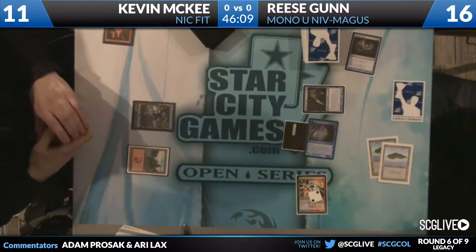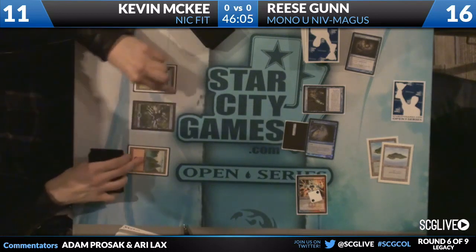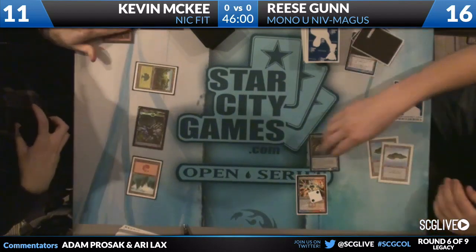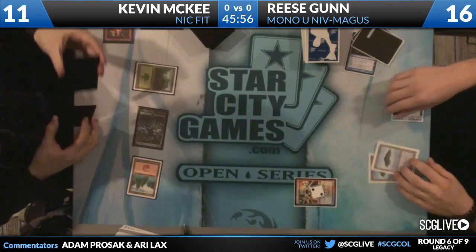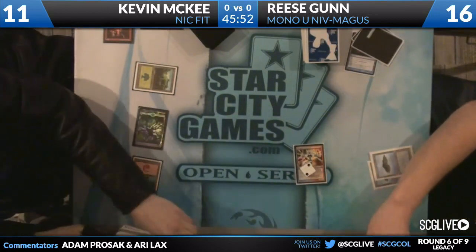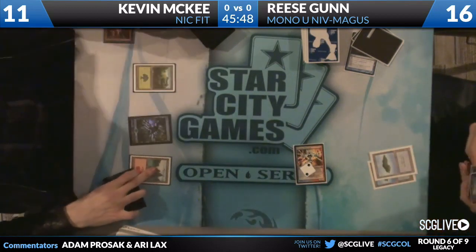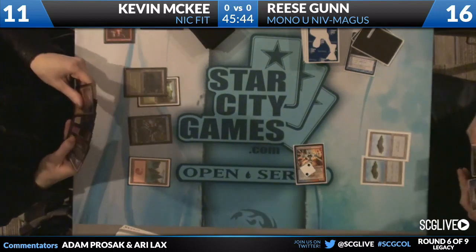So Reese has a Stifle in his hand. What kind of things are stifleable? Huntmaster of the Fells come-into-play trigger. That's your big game there, and that's a card that Kevin absolutely has in his hand. Maybe you could just do it and then use it to pump your Niv Magus Elemental. I think you want to counter the Wolf more than... What about countering like...